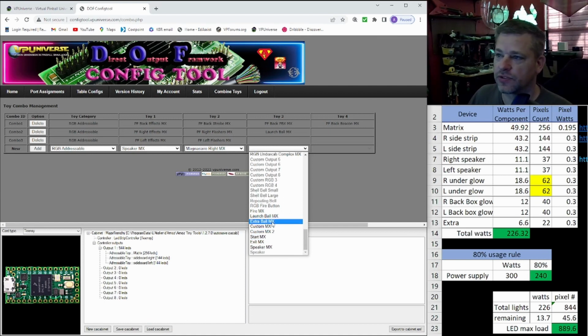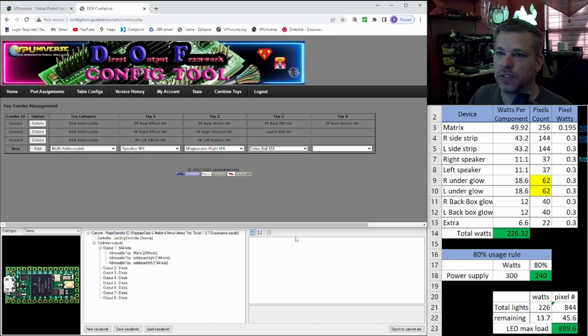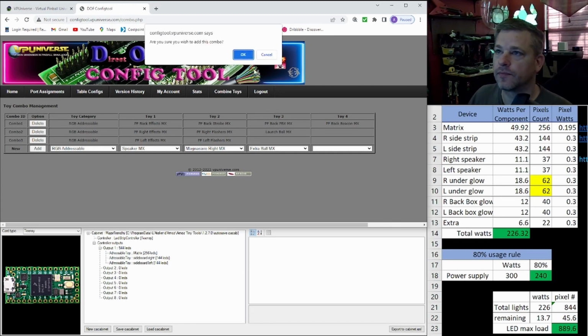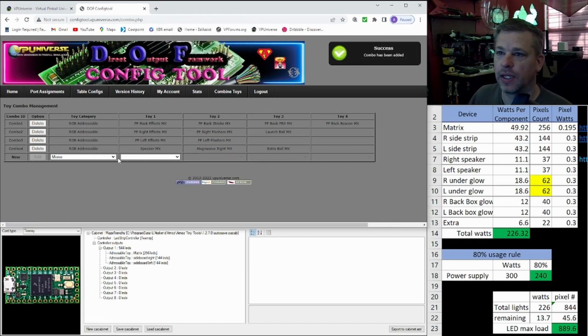Maybe an extra ball light would be kind of fun on the speaker. And then when you're all done with how you want it set, you just hit add. Yep, I'm gonna add it. Okay, now we're gonna do left speaker, and we're gonna do the left speaker pretty similar,